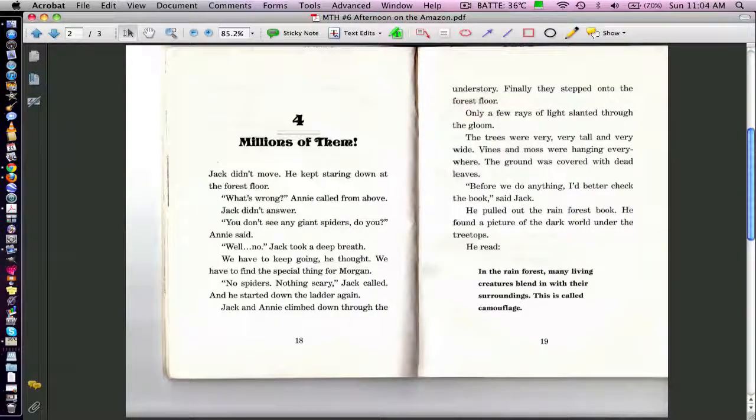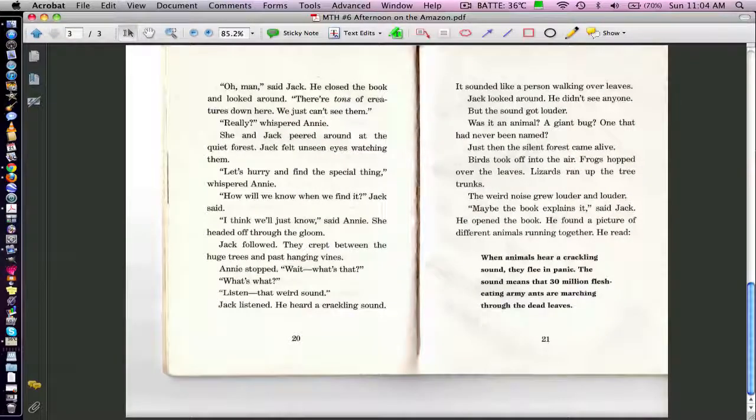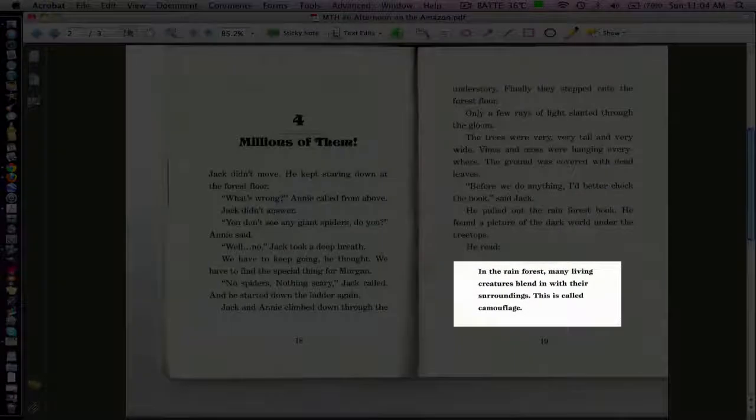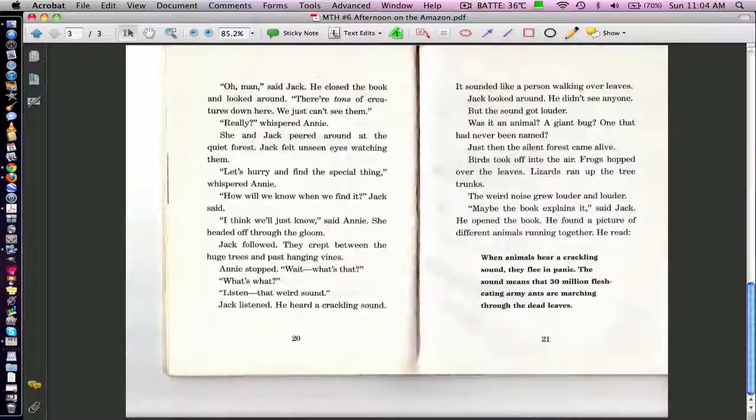The excerpt is from chapter 4, which is pages 18 through 21. And if you'll notice down in the bottom right hand corner of both page 19 and page 21, you'll see a bolded area that is set off. In these books, Jack reads from books as well, and this is an excerpt from the book that Jack reads. We will not be coding for this, primarily because student writers don't write this way. They don't have their characters read from books, so there's really no need to code for that at all. So we will be skipping over that.